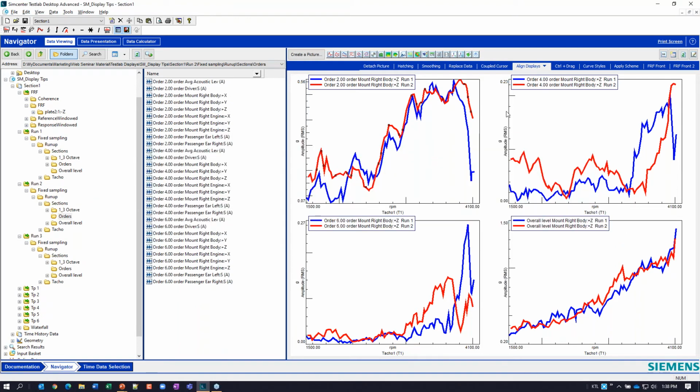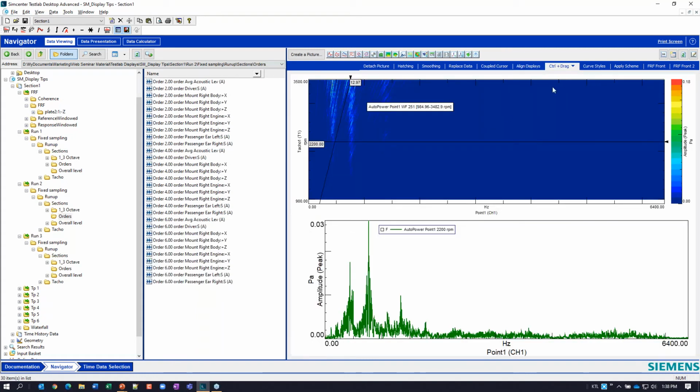One other thing I'm going to show you before I leave here. This was sort of another thing I didn't really know when I was just a user. And it happens very frequently when you have something like this, where you've got a color map versus maybe an individual frequency spectrum. This is one of the pieces of data that is part of this color map up here. You see this is a processing cursor, so I can align this to this different RPM trace. And I'd really like to be able to look at this plot up on the top and this plot on the bottom and know that the frequencies are aligned.